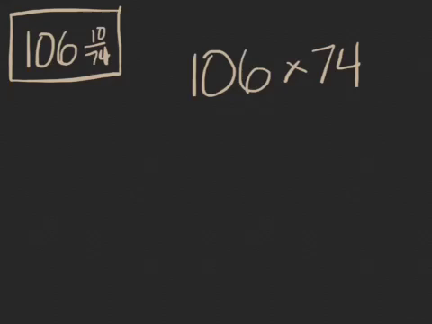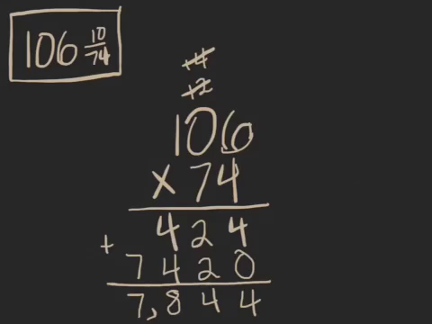Go ahead and solve this multiplication problem with any strategy that you think is going to be efficient for these numbers. I encourage you to try the traditional algorithm of multiplication because we've got a lot of digits here that's most likely going to be pretty efficient. Press pause now. No matter what method you used, you should have gotten